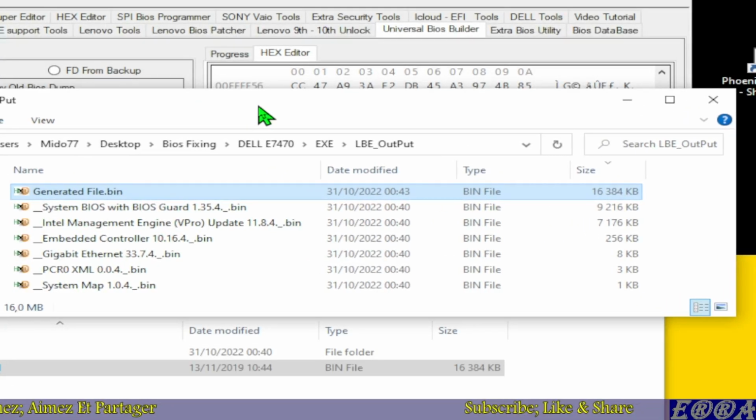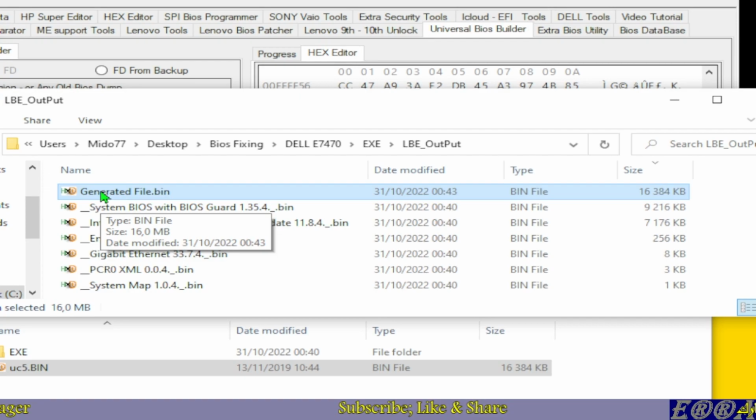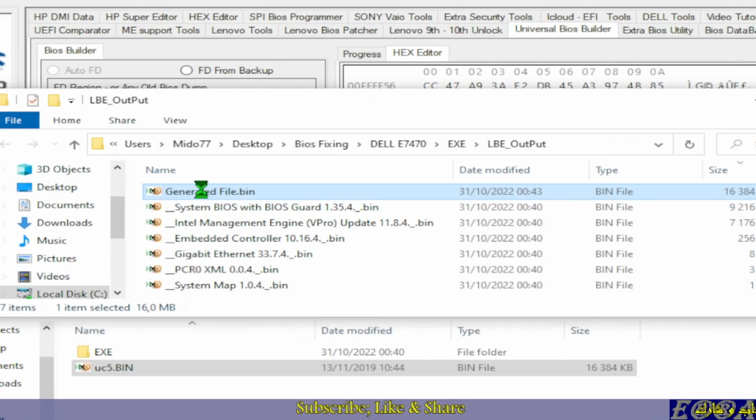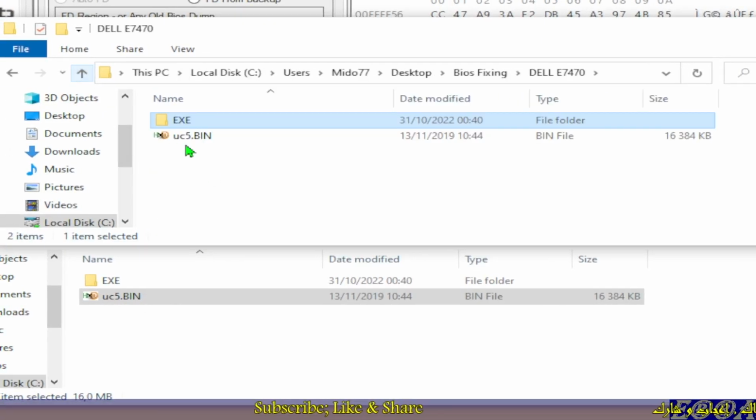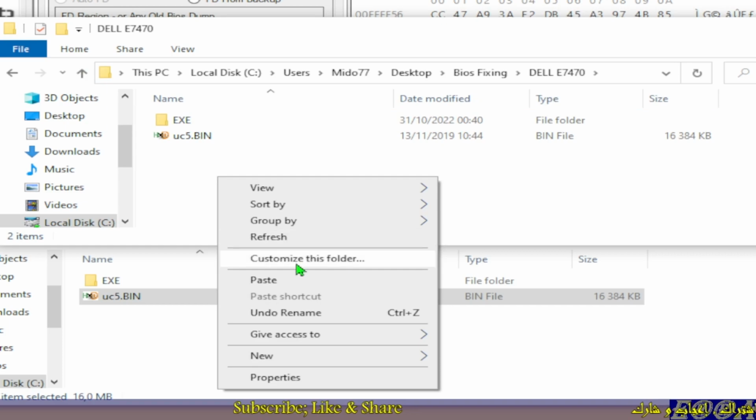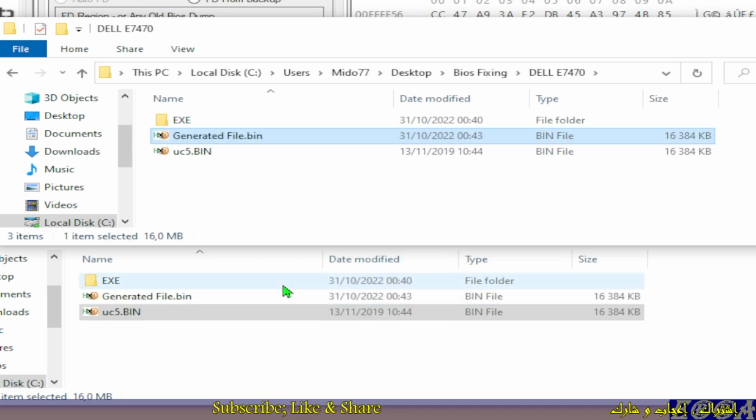In our case, it's in LBE output in our exe folder, so it's this one. It's highlighted. We just cut it from here. We move it to the main folder here next to the random file, and